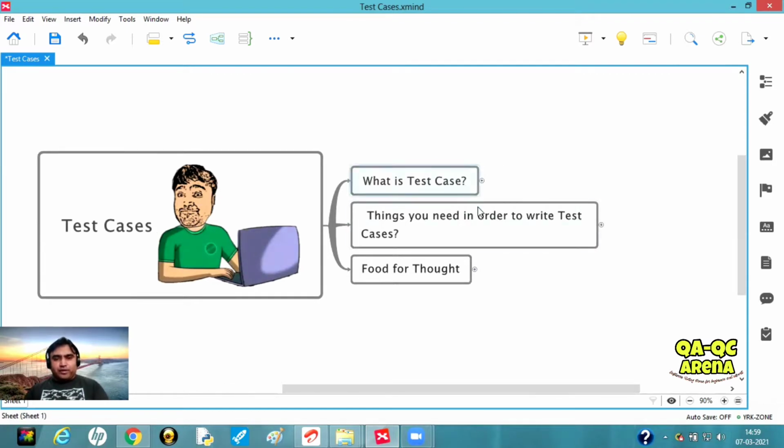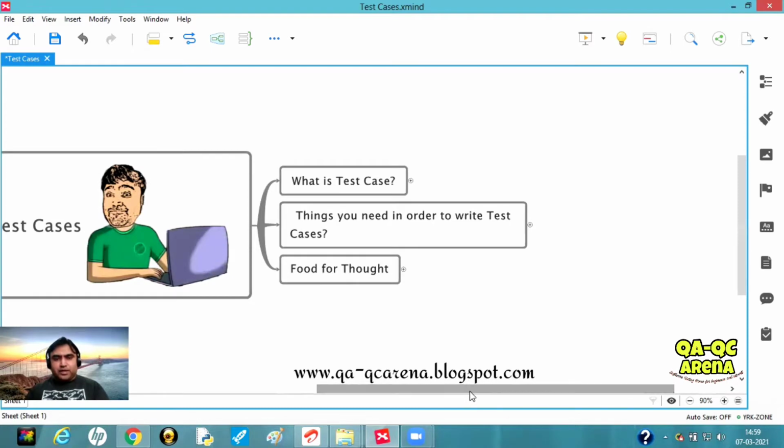Now before I read out the definition here, one thing I would like you to understand is, you can find various definitions of test cases on the internet. The most important or crucial part, in my opinion, is that you need to understand what that definition tells you. The more you understand the significance of each word or term mentioned in it, the better idea you will get about it and you will be able to use it in a better way in your context. So with that, let's get started with the definition.